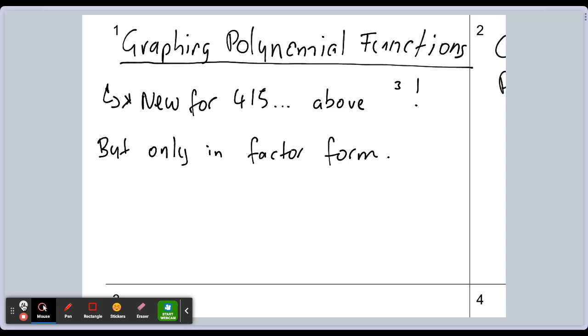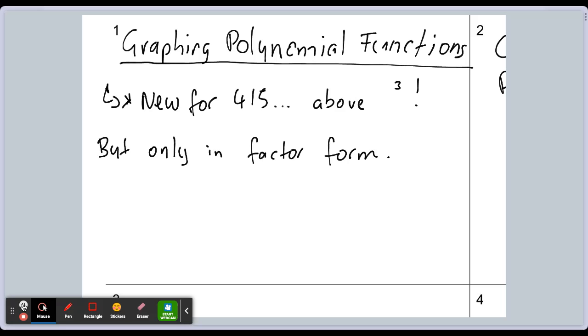They're all whole number powers, and there's no negative powers either. So, for example, f of x equals, don't write this bit down, the square root of x. It's a function. It's not a polynomial function, even though I can write it as x to the power of a half. That is not a polynomial function because the power is a fraction, not a whole number. Similarly,